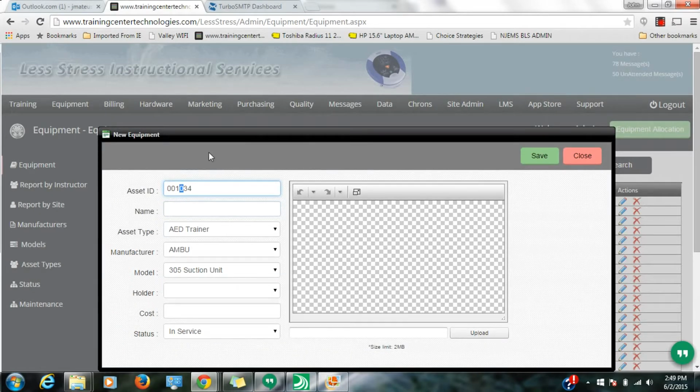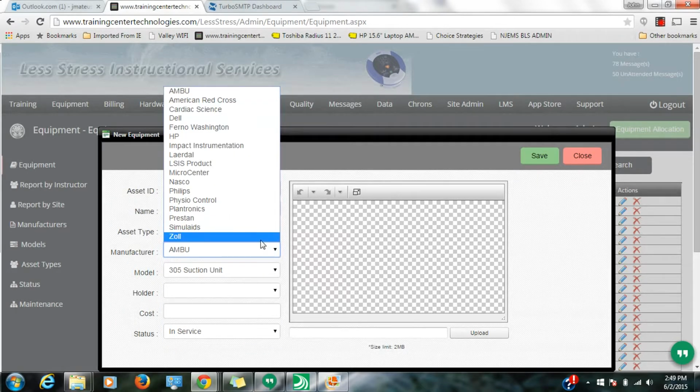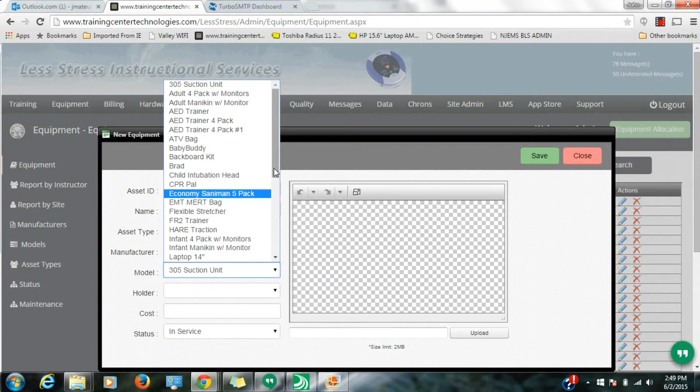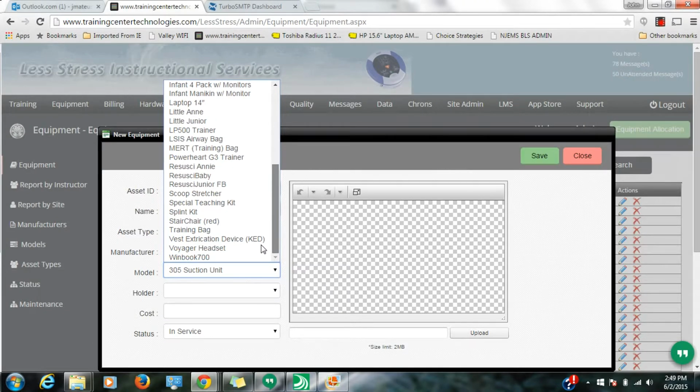So my new asset should be 1134. Name of it is Fake Thingy. Okay. Fake Thingy is going to be an OB mannequin. Okay. And it's going to be made by, let's go with Simulades. And the model is going to be